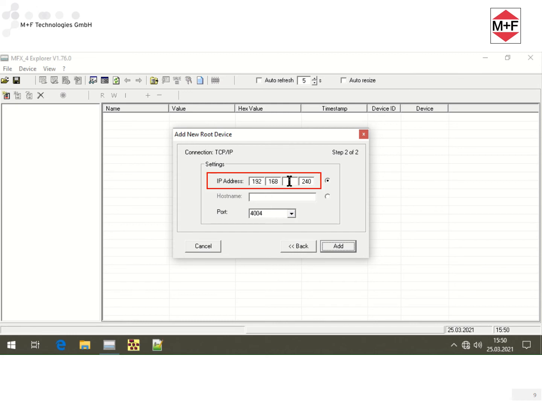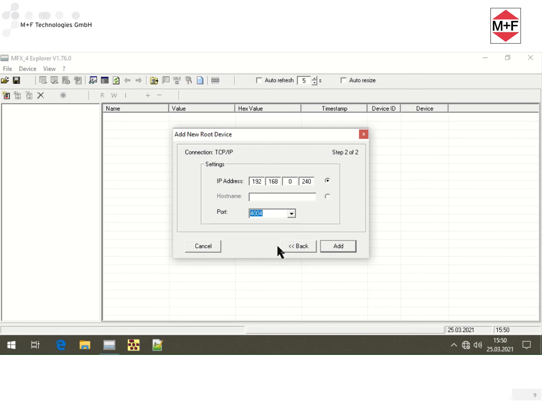There are 5 ports available for the connection. The first port is used by the automation computer. The next 2 are usually used to connect the UPC for data storage. The last 2 are available for free use. I select port 4004.